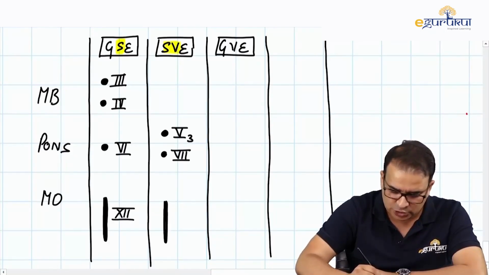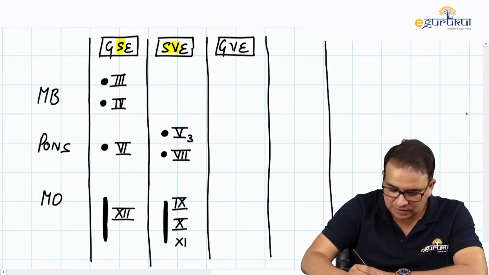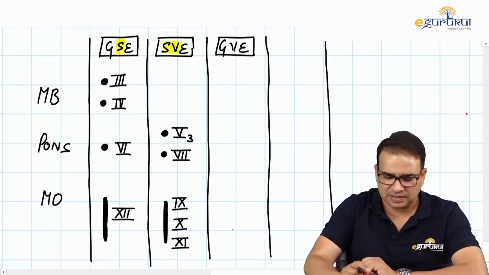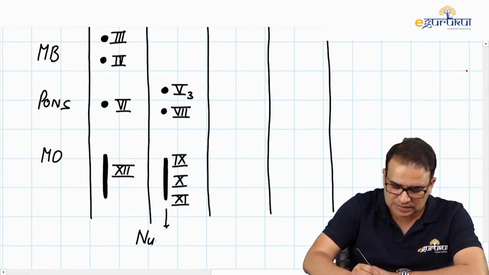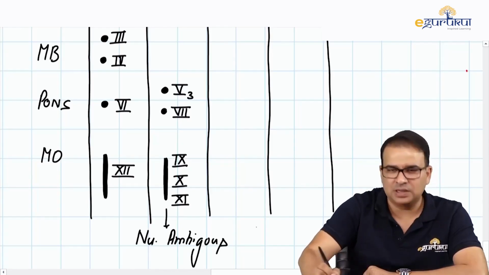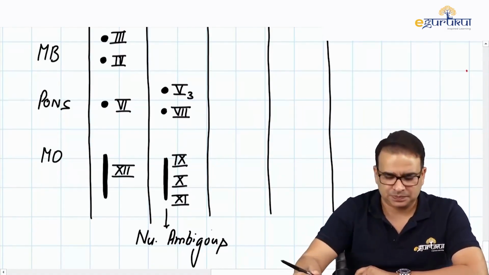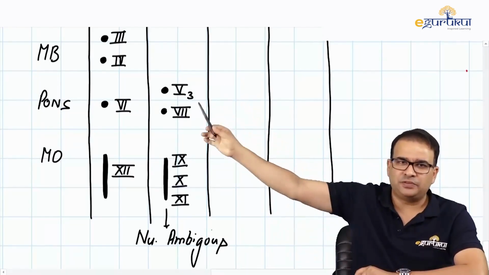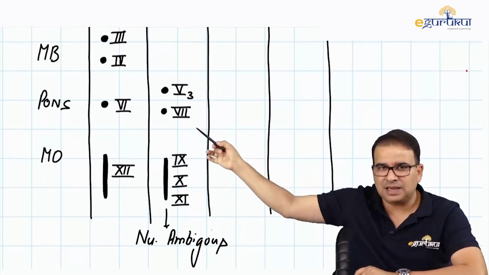So again, we have a huge nucleus in the medulla oblongata, which is a common nucleus for the 9th nerve, for the 10th nerve, and maybe to your surprise, 11th also. 9th, 10th, and 11th. I'll tell you what the 11th is. Collectively, guys, this nucleus is called the nucleus ambiguus. There are different spellings for ambiguus. So mandibular nucleus, facial nucleus, glossopharyngeal, vagus, which makes sense till here because all these in that sequence are the